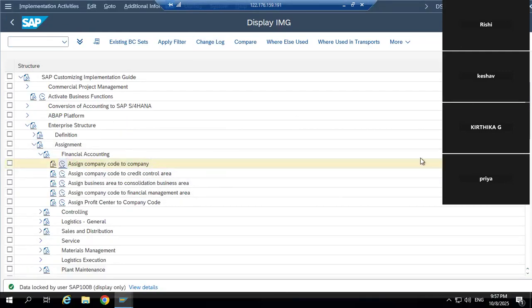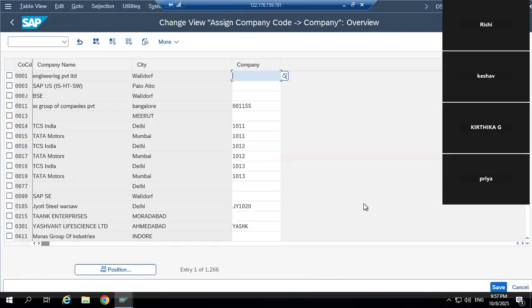So here, first of all, if you have to search your company or anything, go to position. Position is the search button in SAP. Remember this. To assign anything, always go to the position. To search anything, always go to the position. You may think it would be written as search. So if you want to search anything, go to position. If you want to assign anything, always go to position. Remember this.